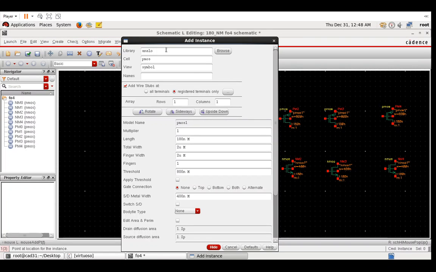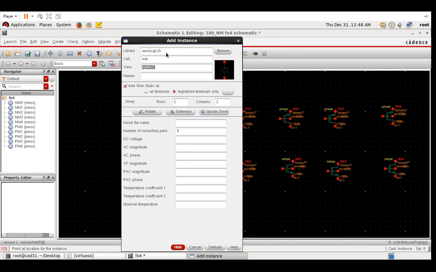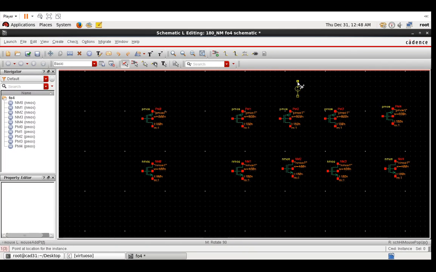Next we need the other components like our VDC, etc. So I put DC 1.8 and I will put that in the top here. Okay, and I'll rotate that just to make it a little easier to create the circuit. And one wire, okay, let's undo that, from here to here, here to here, here to here, and then that gets connected to the VDC on top,